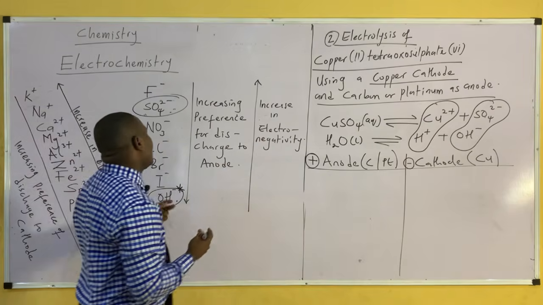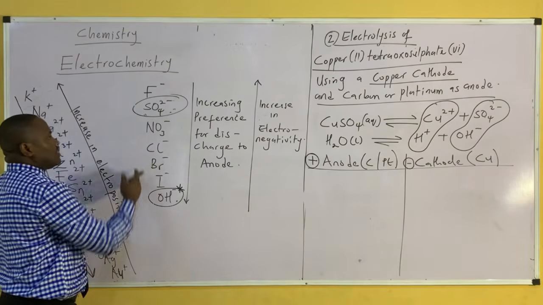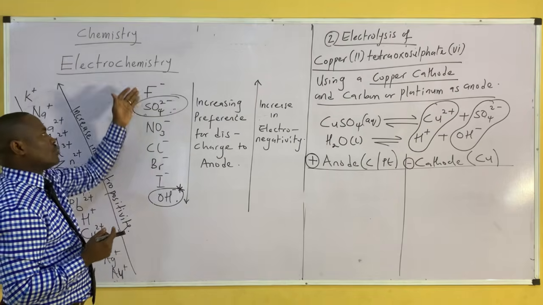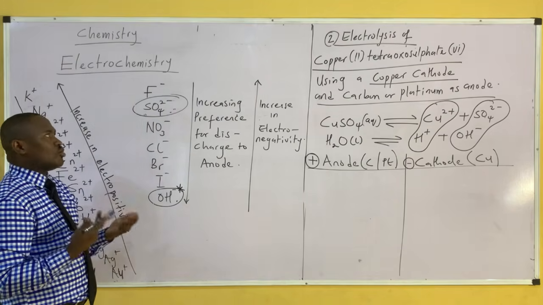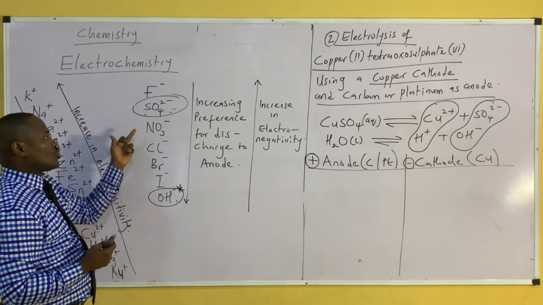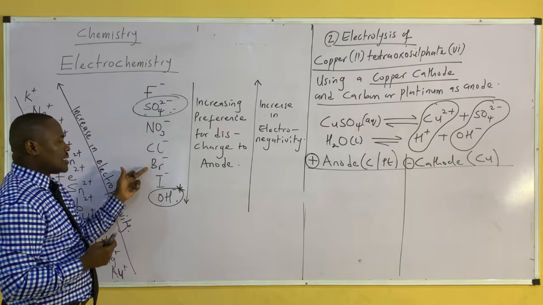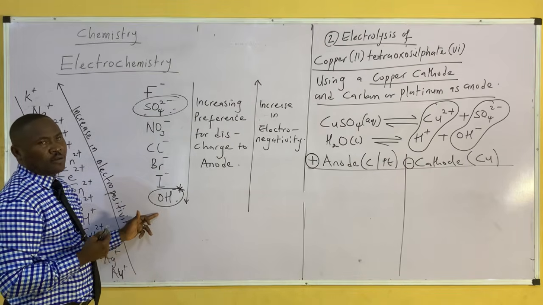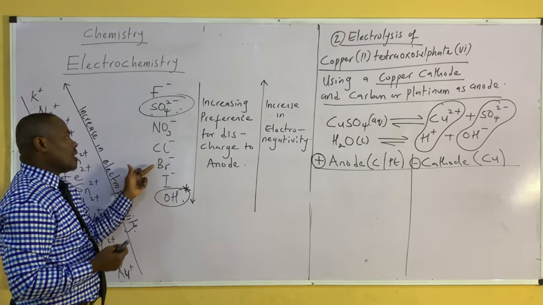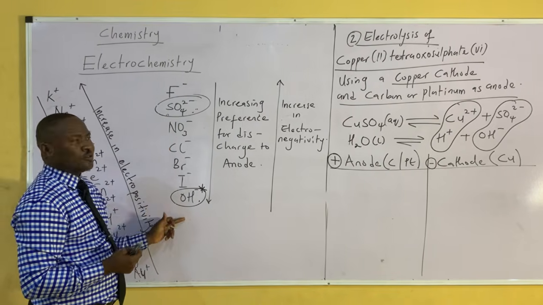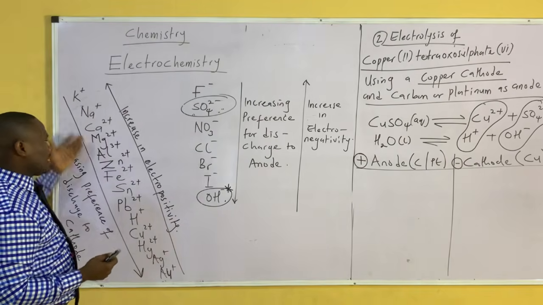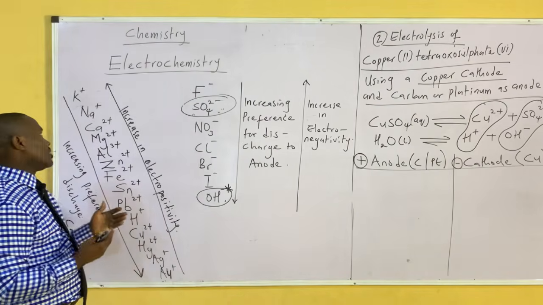Now come back to our electrochemical series. For exam purposes, where you have to produce this yourself, you can make use of this acronym: Francis shows no conscience, beating Irene often. I reiterate again, Francis shows no conscience, beating Irene often. But for this, if you want to learn how to write it without going through your textbook, you say,